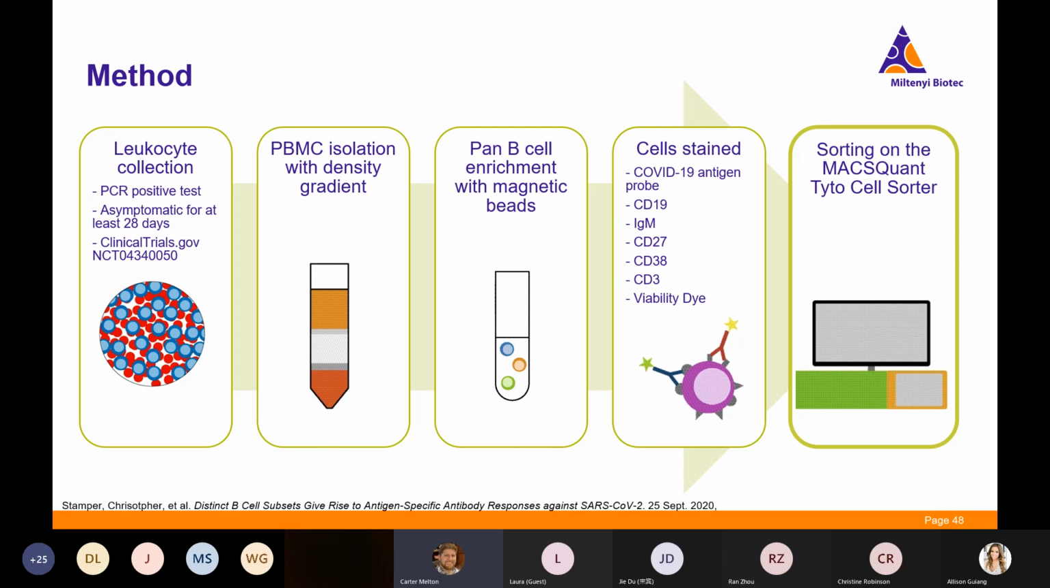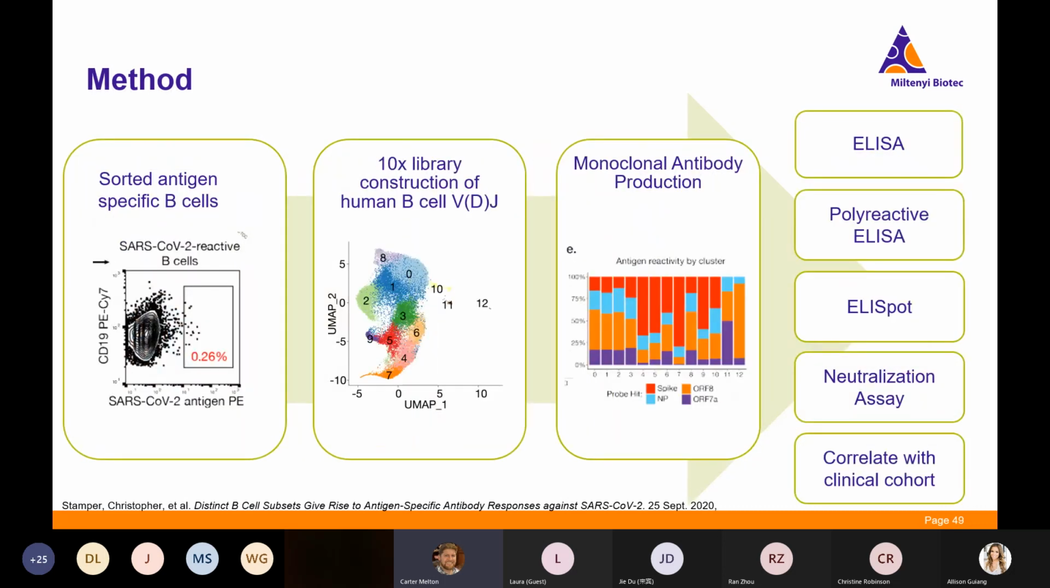So the next slide shows that it was a really rare population of antigen-specific cells coming into the Tito, less than 1%. On the far left side, you see about 0.26% were positive for this antigen. So we were able to sort out that low frequency of cells on the Tito, and then this team generated a UMAP library just showing the different populations with the 10x and monoclonal production based on the spike protein, the open reading frame 8, open reading frame 7a, and then they did a couple of different things like ELISA, ELISpot, and different assays. But if we go to the next slide,